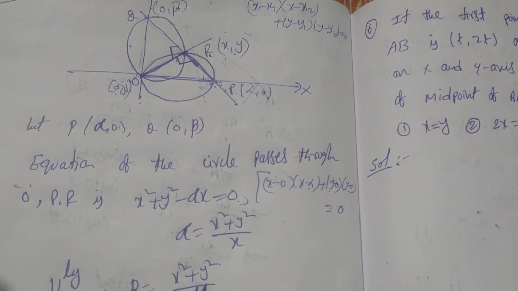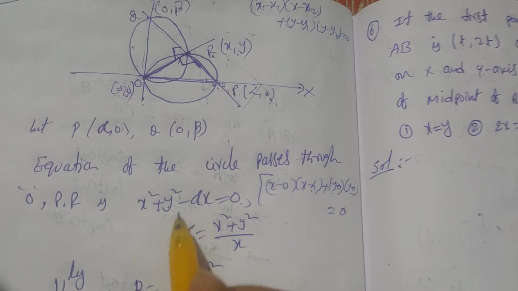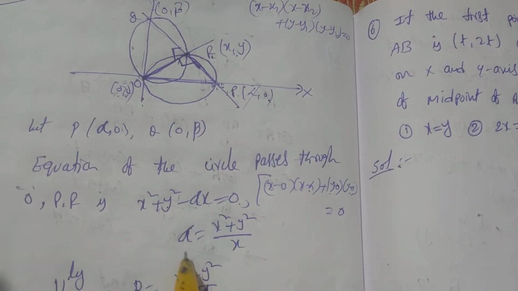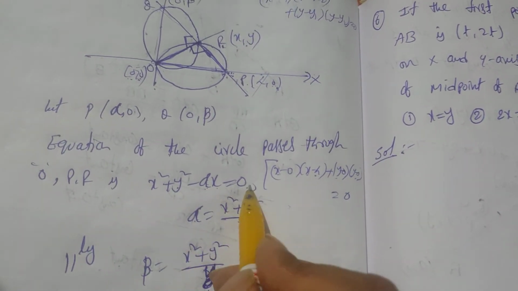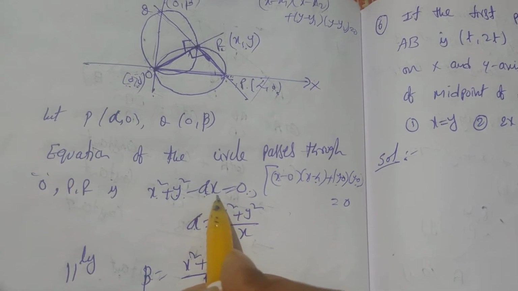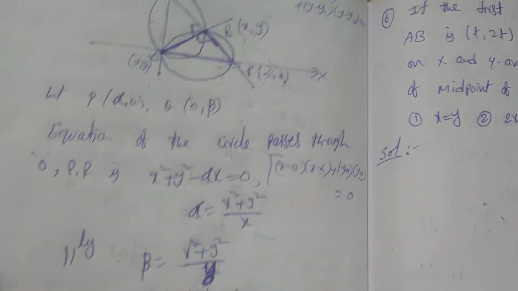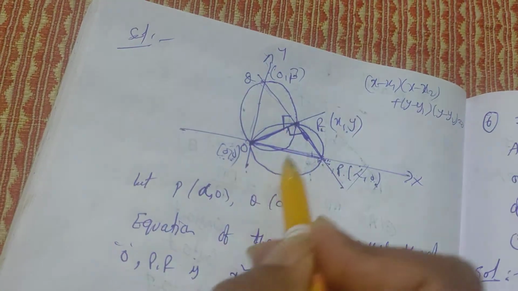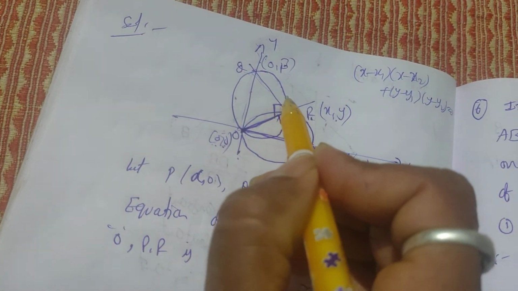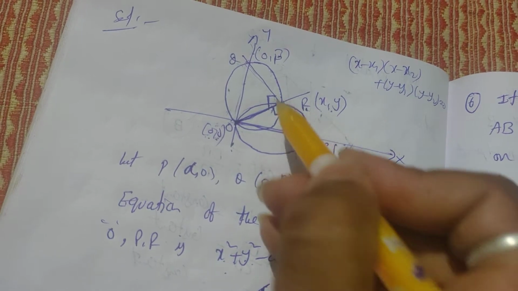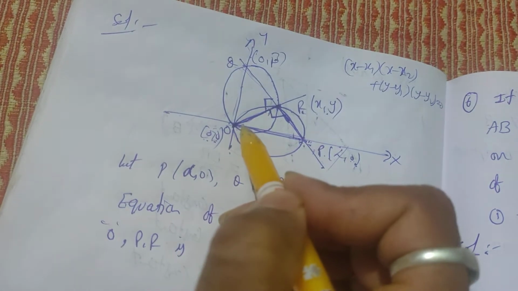So if you want to substitute alpha beta values in that one, we have to make alpha the subject here. So alpha x is equal to x square plus y square. If you transpose this side, then alpha is equal to x square plus y square by x. Similarly, according to this diagram, if you take the diametric form with OQ as the diameter,